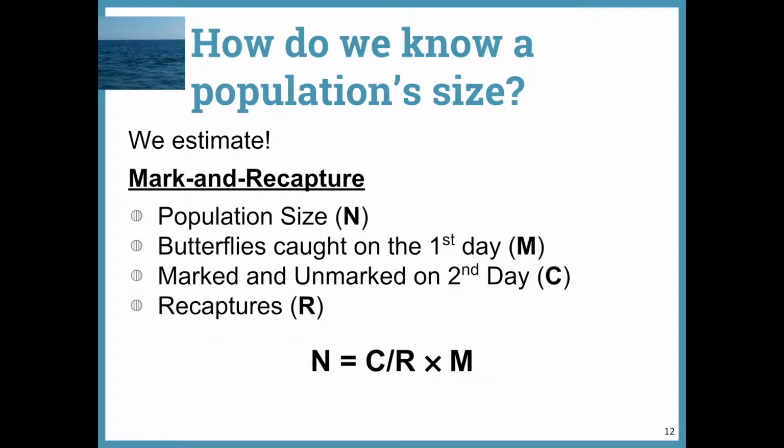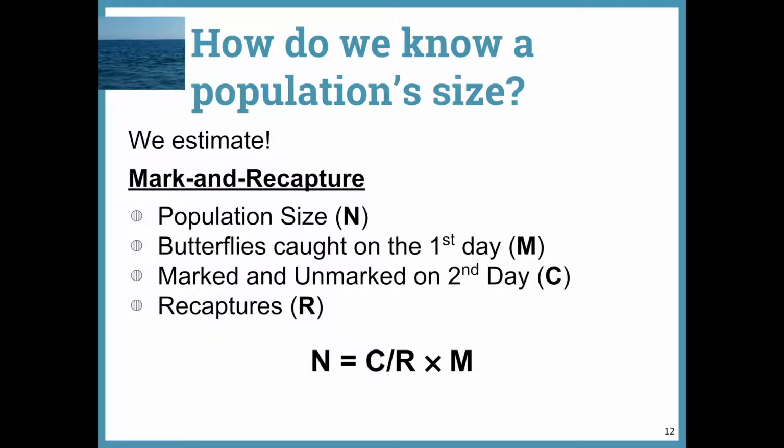And the number of butterflies that were marked that day is recorded. And then the next day, the researchers go out and they catch another sampling of butterflies in that same area. And the number of marked and unmarked butterflies is recorded. The butterflies with marks are called recaptures because the day prior, those are the ones that the scientists had already